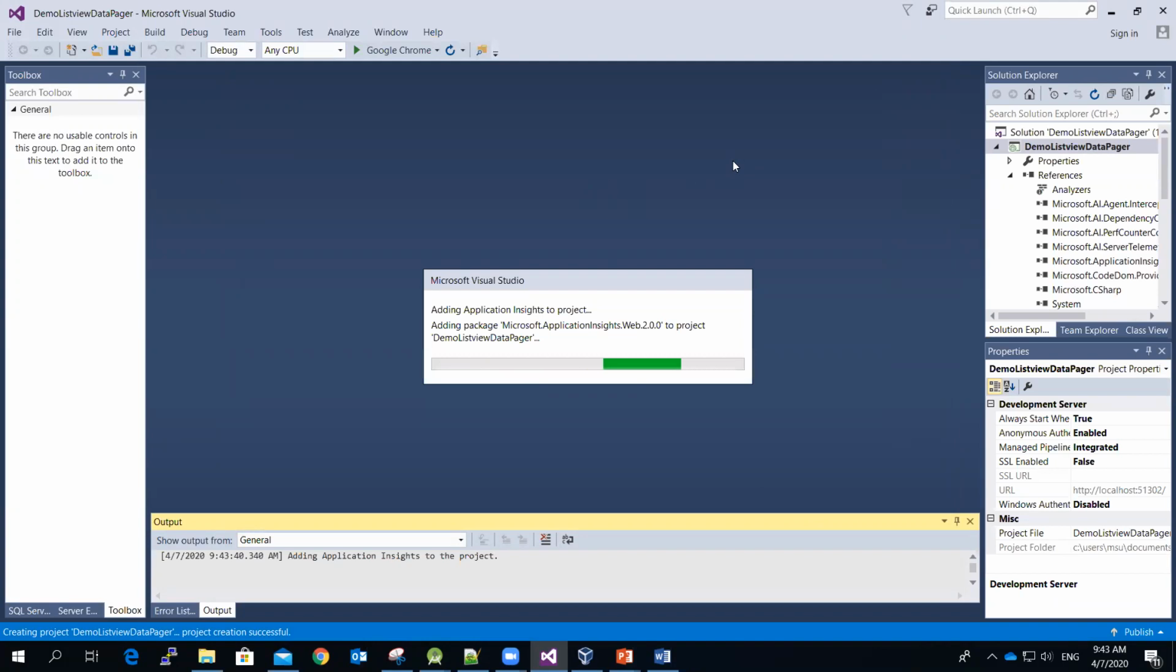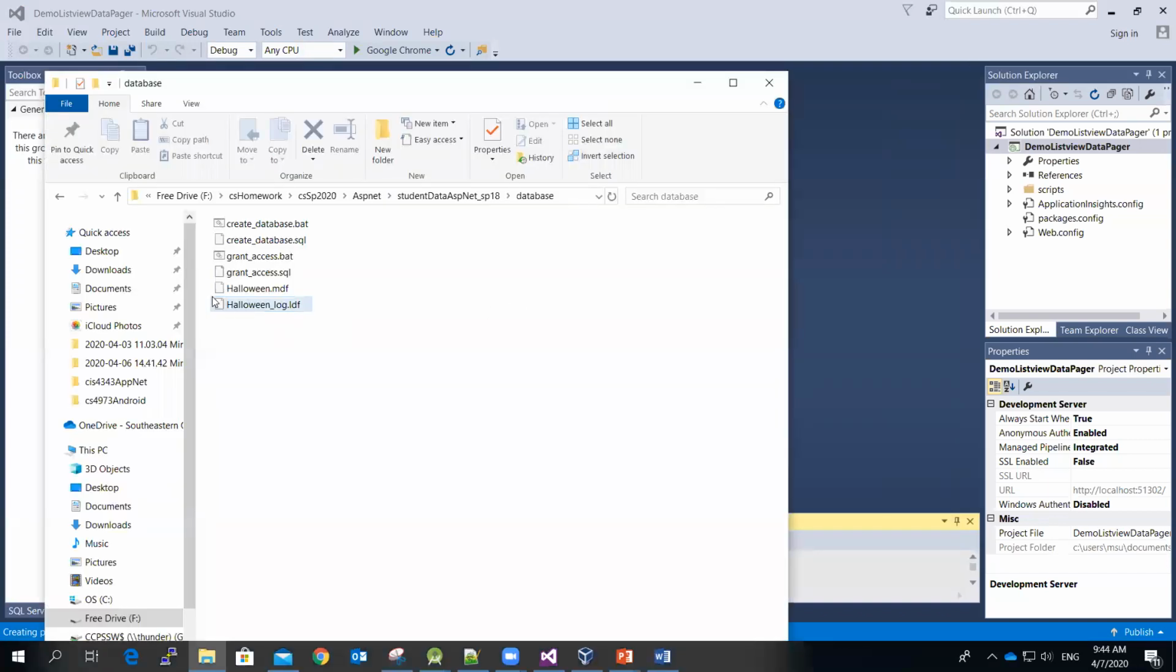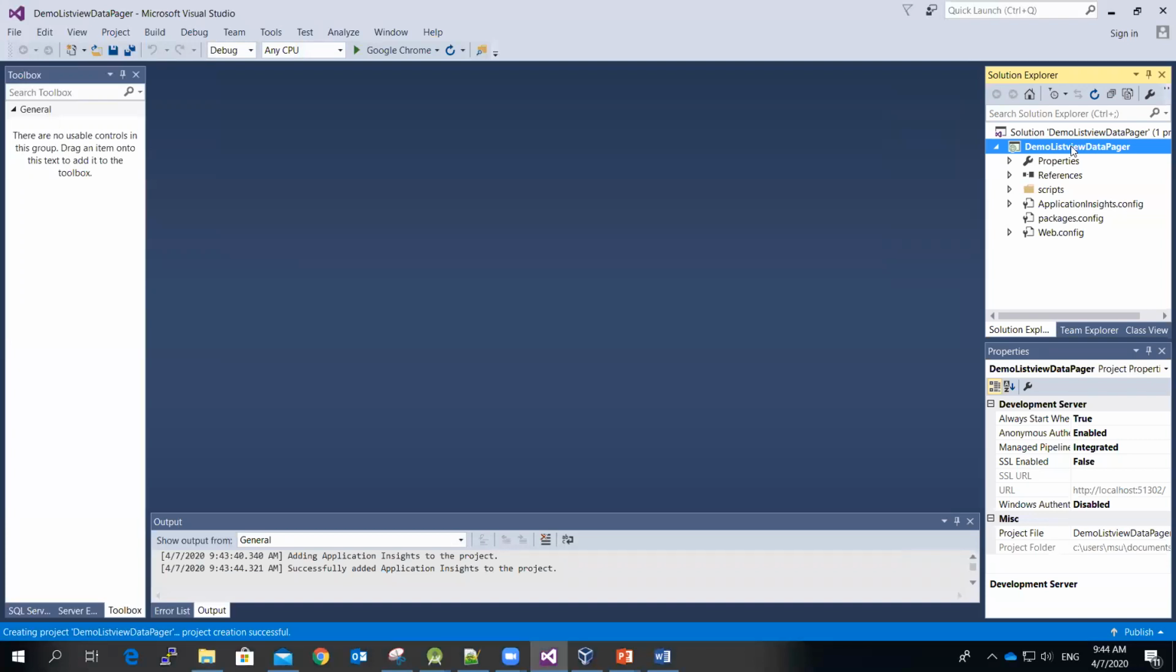There you go. You can see that the software is creating all the basic or essential folders and the configuration files for us. And then as you can see, we're going to use data from the Halloween.mdf database. So I'm going to create a folder here. Select the